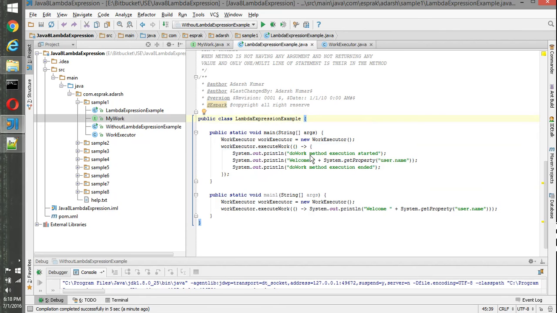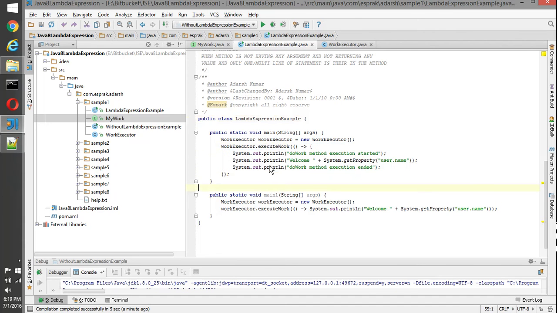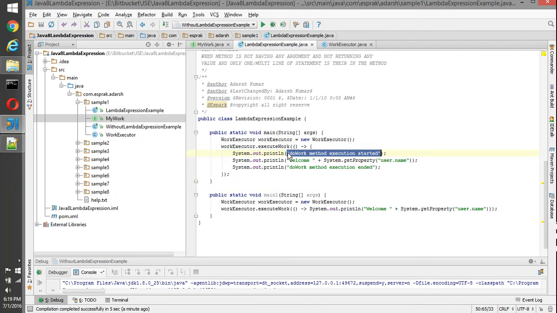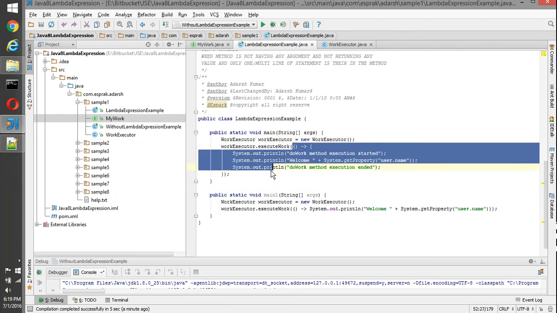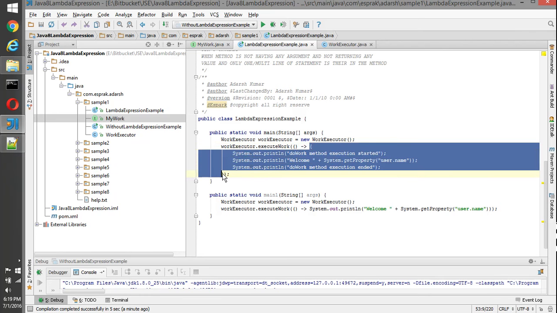One question I also had earlier was how it picks up the same instance. The execute work method takes an instance of MyWork, always MyWork. So whatever we specify automatically becomes the instance of MyWork, and this becomes the implementation of the doWork method. Since we have a multi-line statement here, we put curly braces.